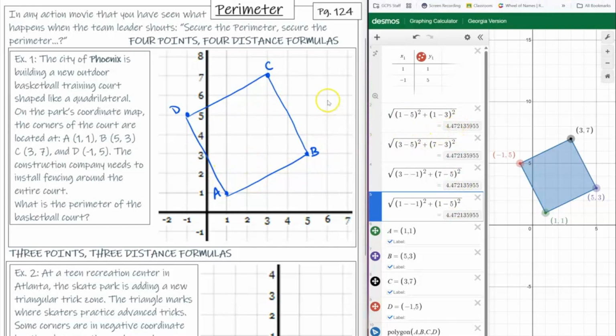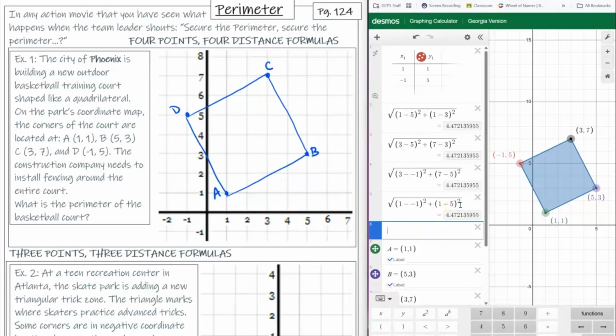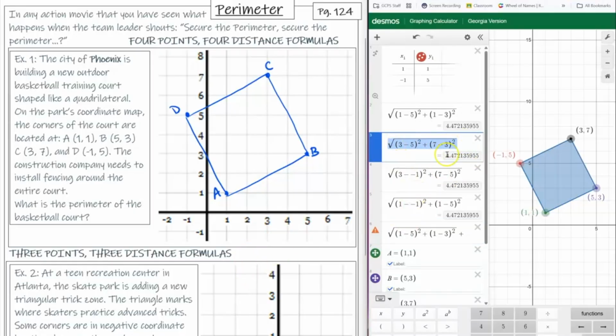But if it's round on perimeter, please do not round before you get to the answer. In other words, if you're looking for perimeter in decimals, remember, we have to add all those sides together. So we do that plus, and I'm going to assume yours are not the same. So I'm going to copy the next one, even though mine are all the same. Plus,